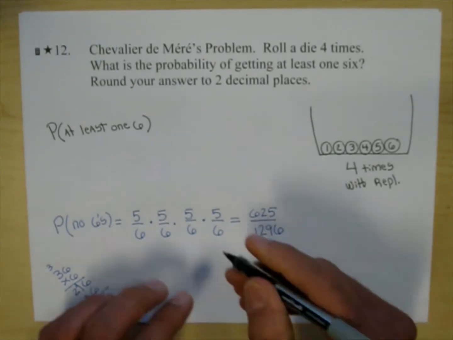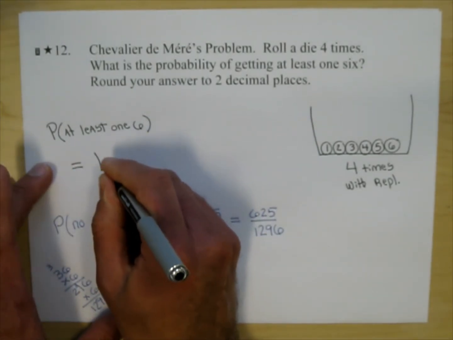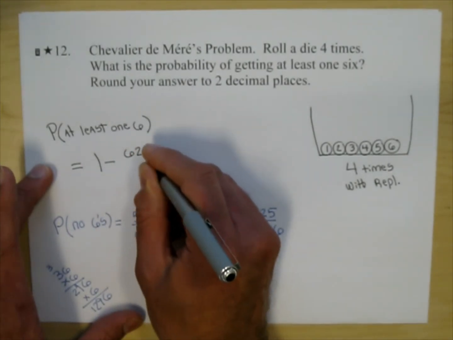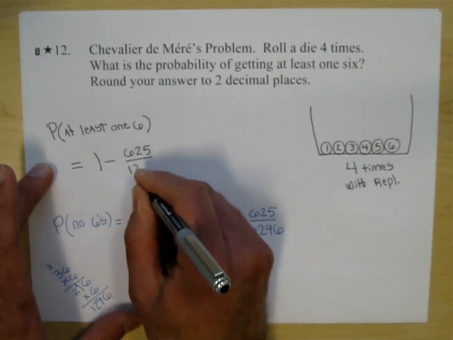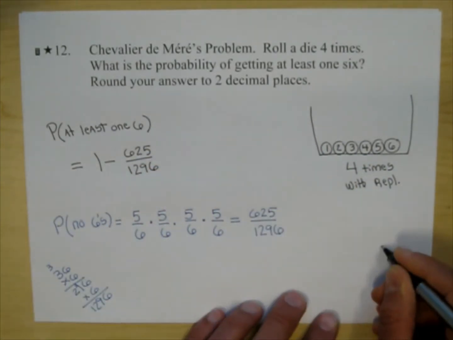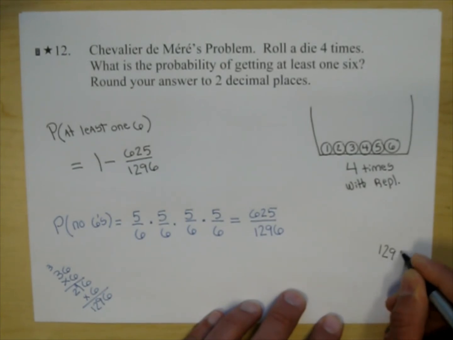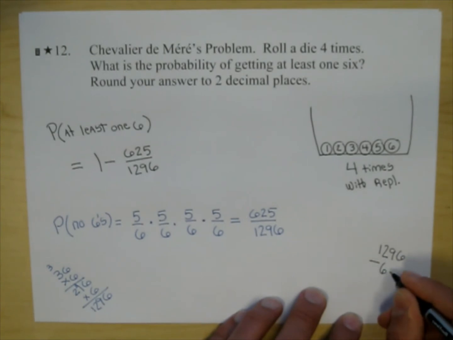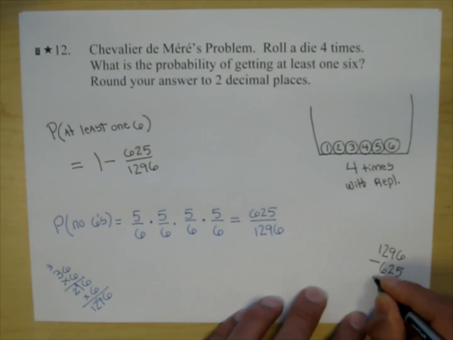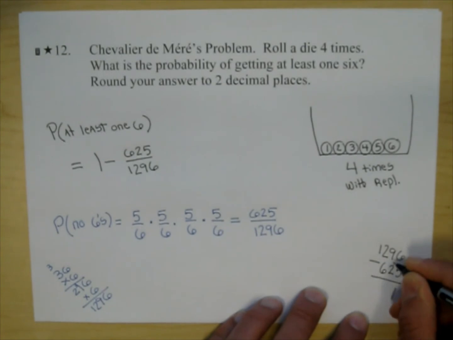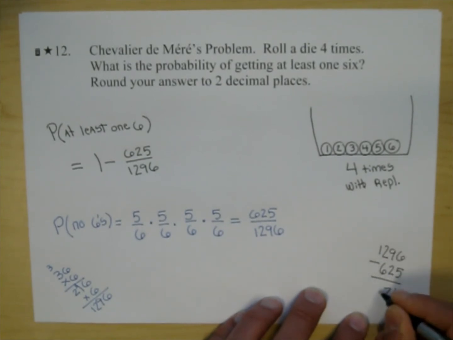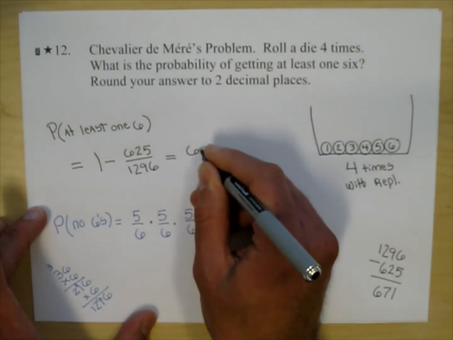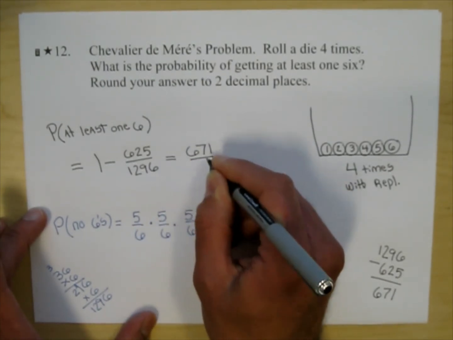What my answer is going to be is I'm going to go 1 minus this probability. Okay, so this is 1 minus 625 over 1296. I'll go ahead and do the arithmetic over here. I did put a calculator on this problem, but I'm really not using a calculator as I'm writing it out here. 6 minus 5 is 1, 9 minus 2 is 7, and 12 minus 6 is 6. So it looks like the top of the fraction is going to say 671 over